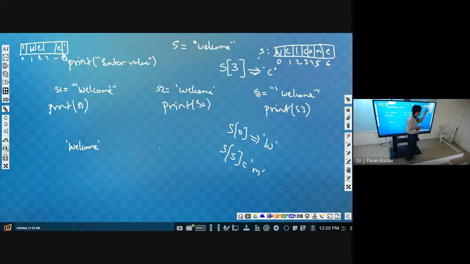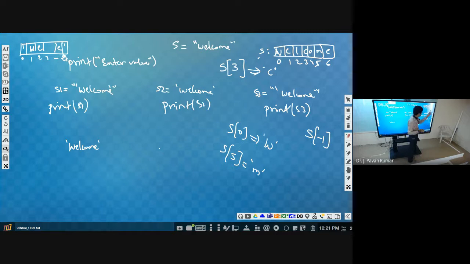In general, the first character means we use S of 0. Third character means S of 2. Sixth character means S of 5. Seventh character S of 6. But in reverse, whenever we want to access from the right, then we will use S of -1. -1 will indicate the first character from the right.